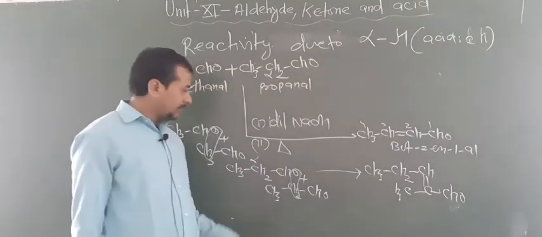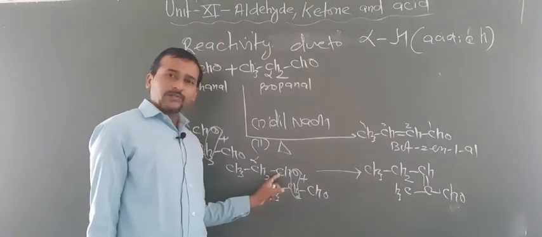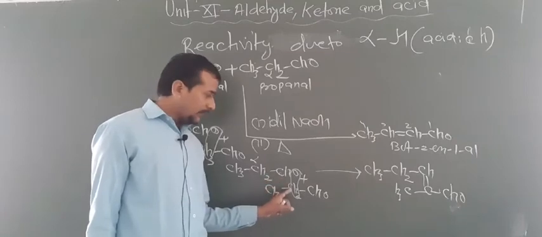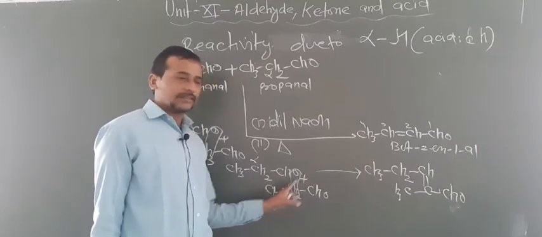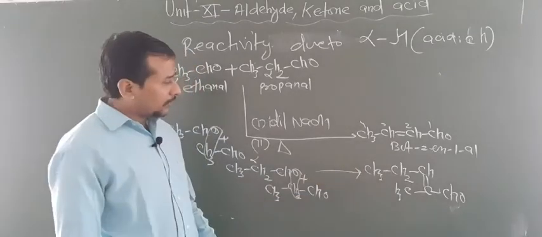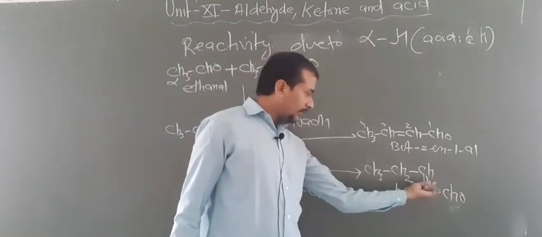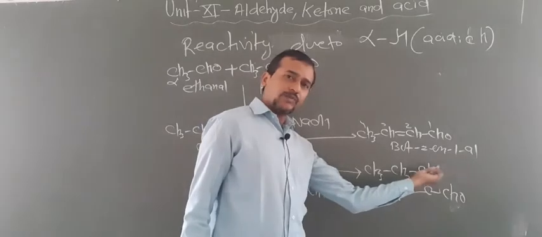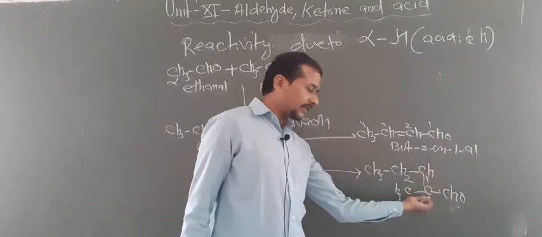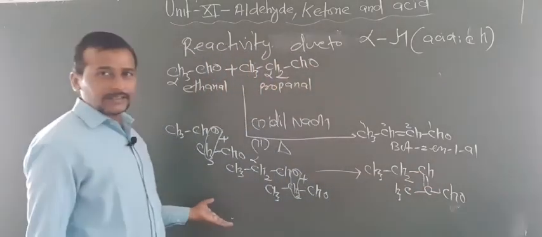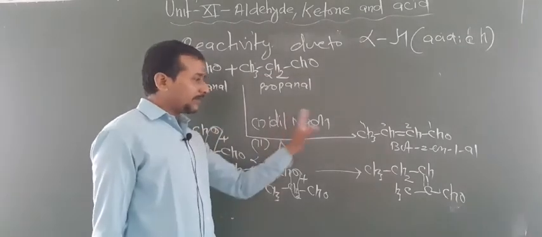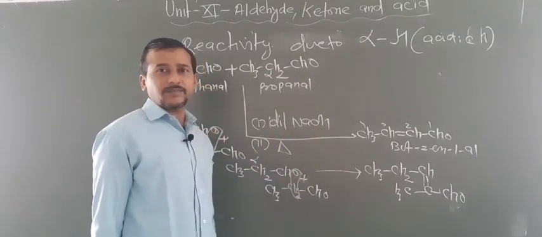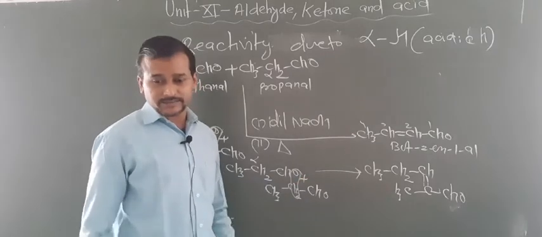What you have to do is, if 1 O is removed from one aldehyde and 2H removed from the alpha H, between them you have to put a double bond. You get this answer. Also you can find the reactant: you break this bond and put 1 O here and 2H here. You get these reactants. So these two, when combined with each other, give the product. These products basically belong to the simple aldol reactions.